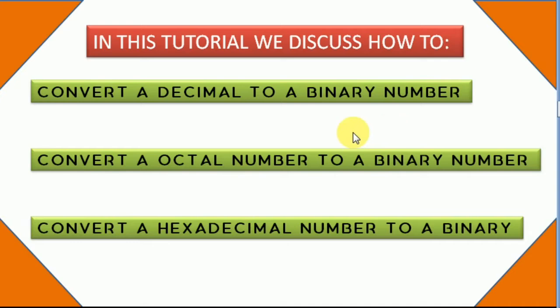We have already discussed how to convert a decimal to a binary by dividing the decimal number with the binary base value, that is 2, and the numbers from down to top are going to be the binary of the decimal number. I'm going to explain that also, how it is going to work. Let us first discuss how to convert a decimal to a binary.